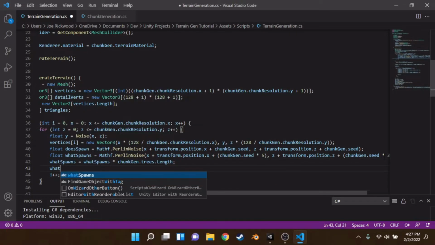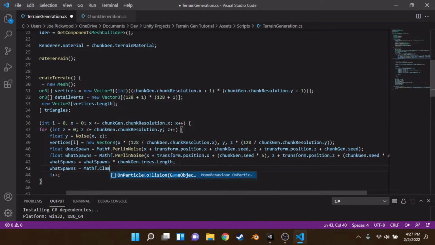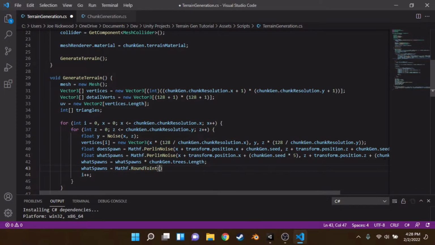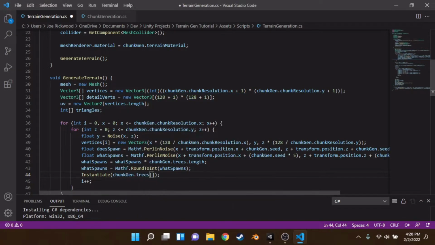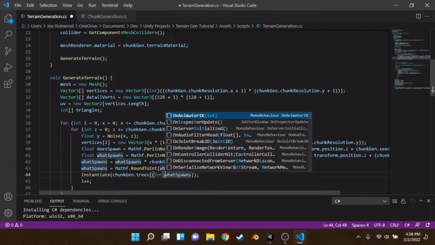So we could go chunkGen.trees.length. Then we could go whatSpawns is equal to Mathf.Clamp, because we need to clamp the value between... Sorry, not clamp. Round to int. We need to round it. Actually, wait. We can keep this as a float. Actually, Mathf.RoundToInt, and we can put in the whatSpawns. Cool. So now we can instantiate the trees, or the chunkGen.trees of whatSpawns. Now this is a float, so we need to tell it it's an integer because we've already rounded it to an int, and we're going to